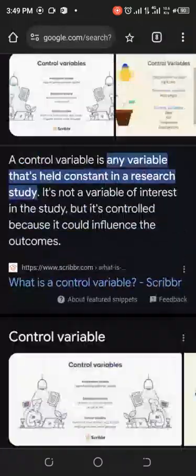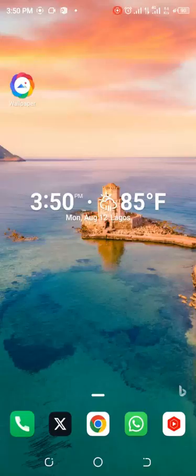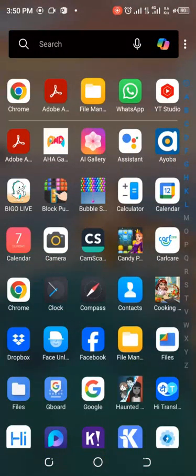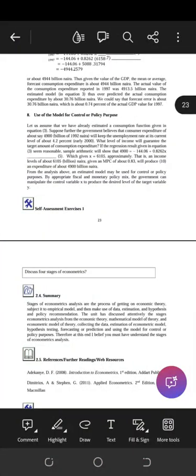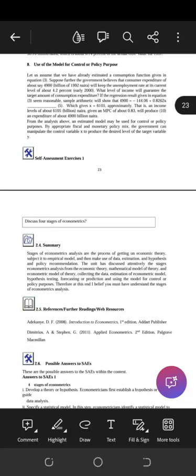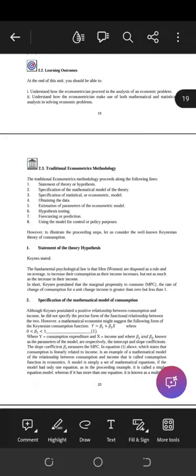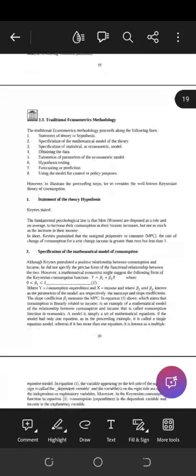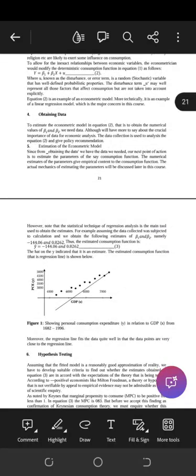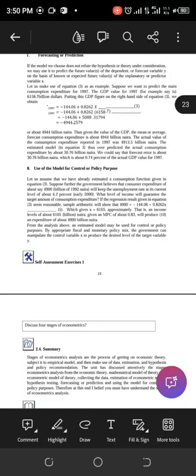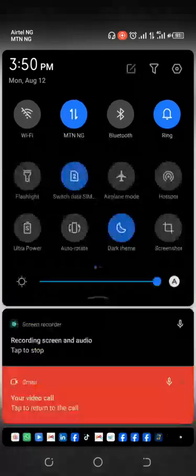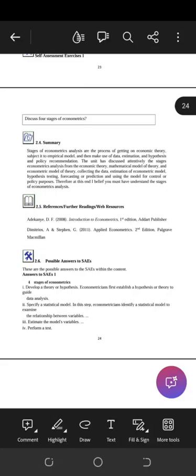Alright. So proceeding from there, what we wanted to do is done. So in summary, you were asked to only discuss the 4 stages of econometrics. There are more than 4. There are 8 stages here now. Which are the 4 stages? Or is that what is in your material? We are talking about the question. The 4 stages of econometrics.